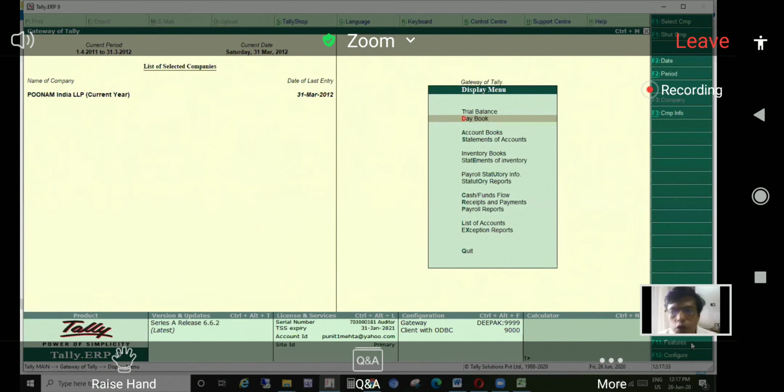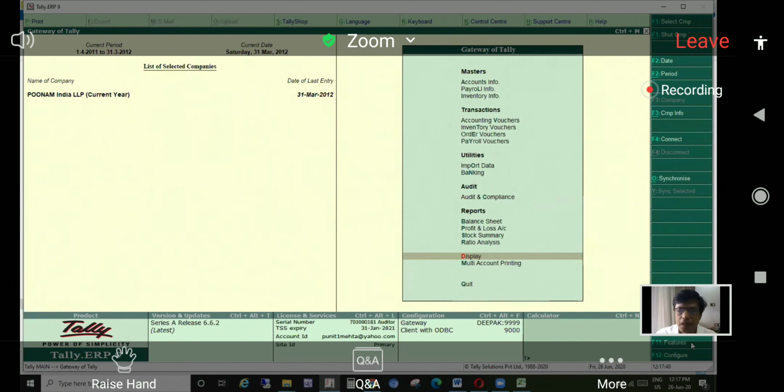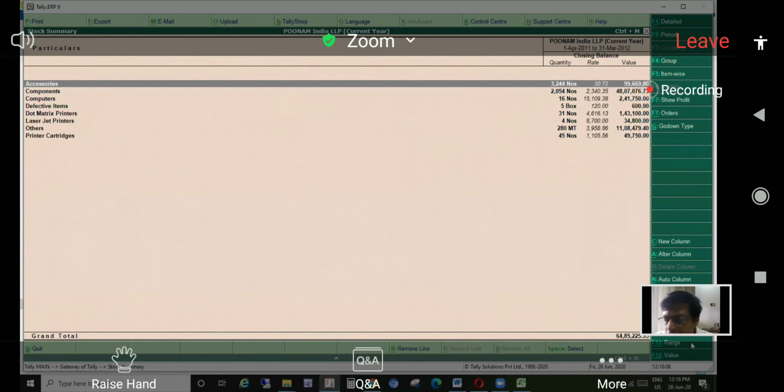Okay, so this was the third thing after the list of account statistics and demo. Now the other important part which you should know is using this Control F12 and Alt F12. I already mentioned the Alt F12: whenever you are looking at the daybook or want to filter certain information, you can get it. The other part that you should also know is the F12 in the stock summary screen.